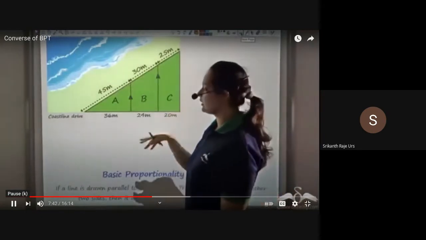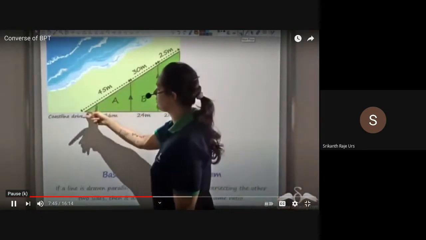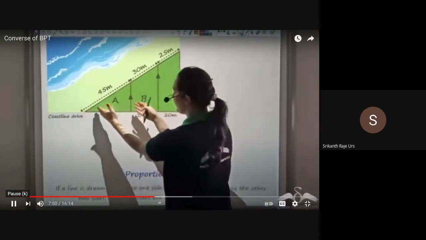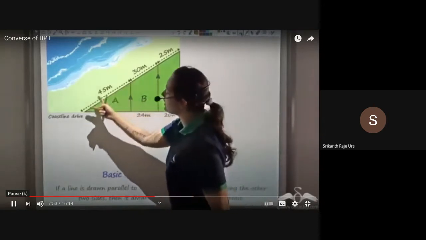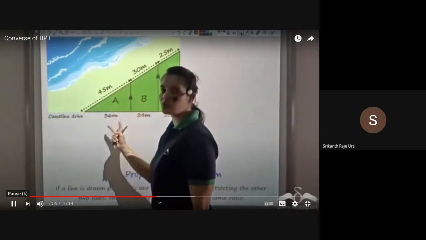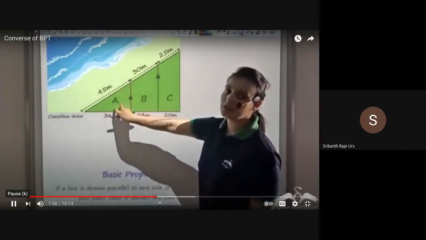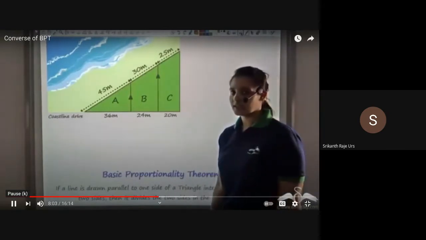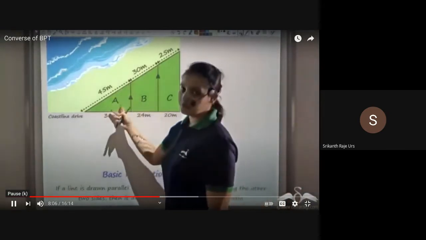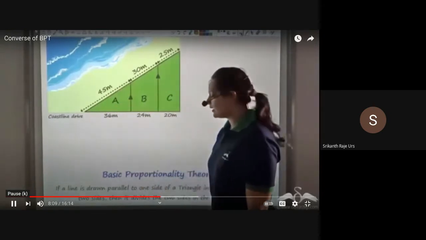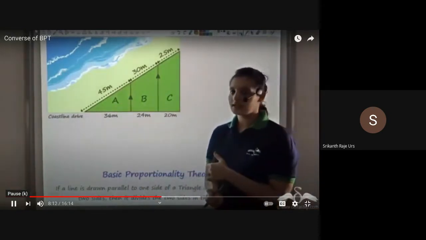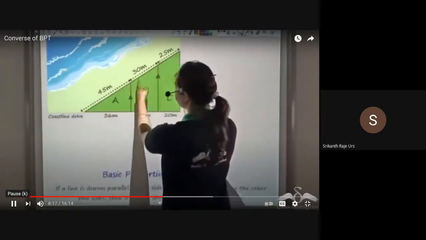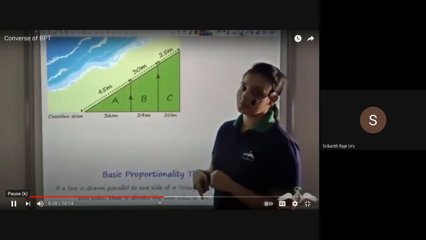And so now the property dealer can decide that A has maximum ocean frontage. Even though it looks as if A has lesser area than the other two, because it has more ocean frontage, he can sell this at a higher price than he would have if he had just seen the area. So this is how he uses the basic proportionality theorem to find the ocean frontage and accordingly decide the selling price. We know that the basic proportionality theorem states that if there's a line that is parallel, then the ratio of sides would be equal. Now let us look at the converse of the basic proportionality theorem.